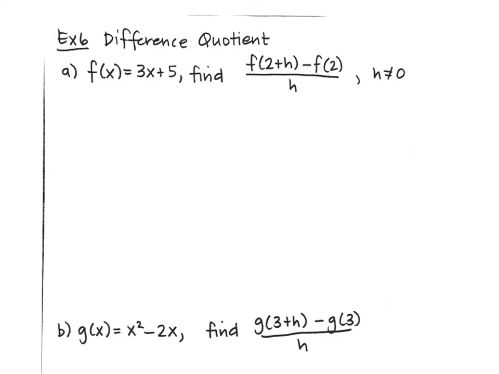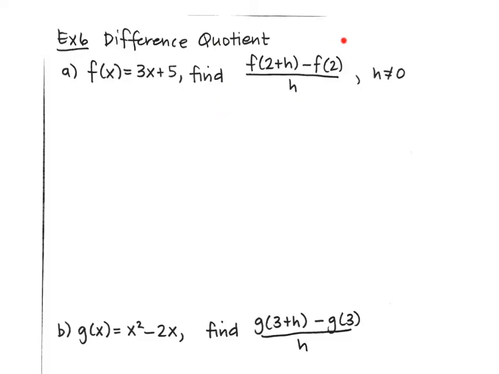The last example in section 1.4 is going to be about the difference quotient. This is just an application of using function notation, but it is used in calculus a lot for rate of change and slope, derivatives, things like that. So they're going to give you a function. The function is f of x equals 3x plus 5. Very straightforward function. Okay. What they want to evaluate is this expression over here, f of 2 plus h minus